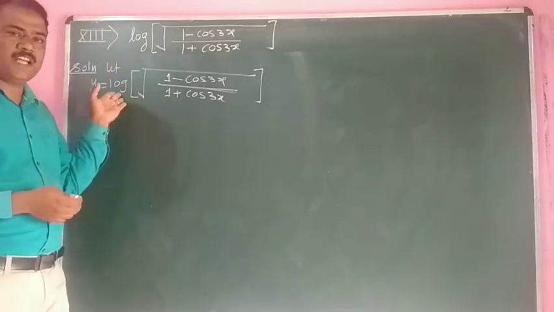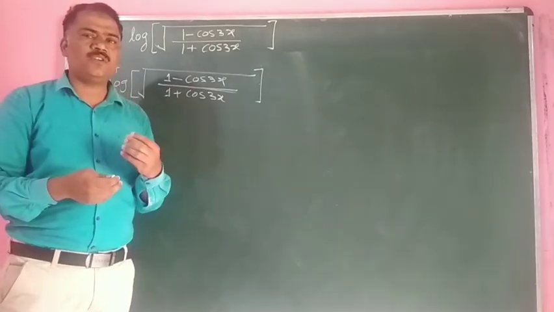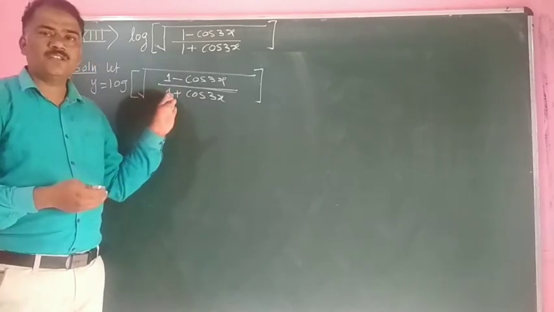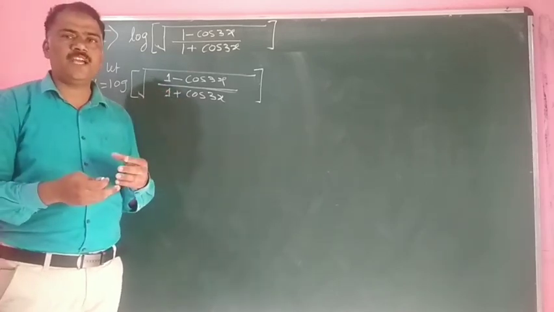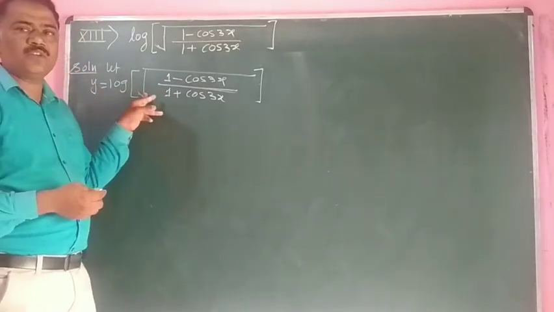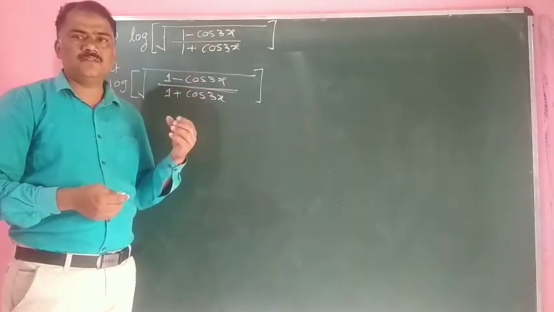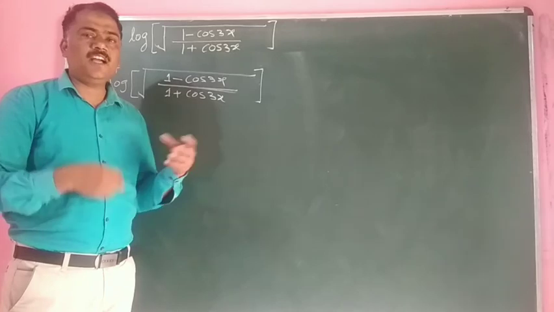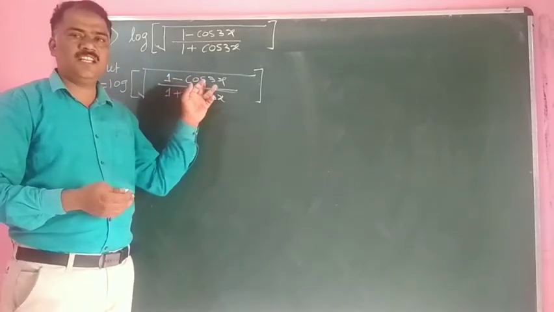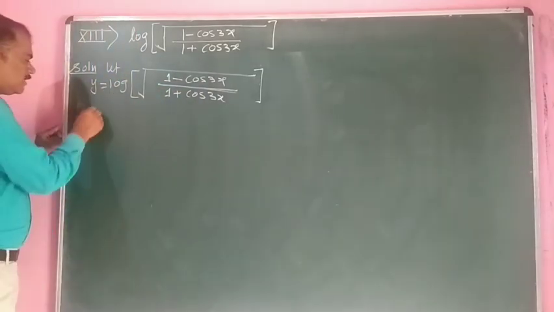Think about that. If the square root is given, we have to cancel that square root. How to cancel it? By making the square. First we have to cancel the square root, using the formulas for 1 minus cos 3x. In the trigonometric functions, the formulas related to cos are more important. So first we have to simplify this.